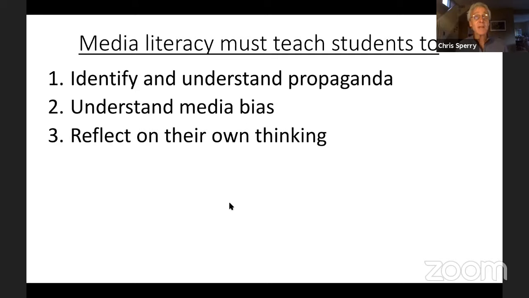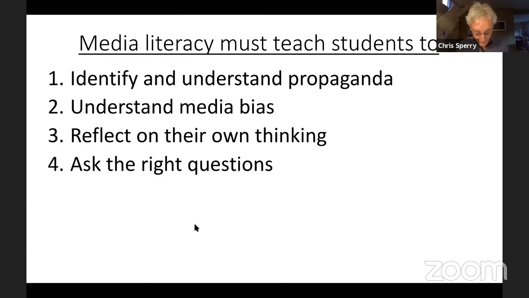But thirdly, the piece I was speaking to before, that media literacy must focus on the fourth key concept of media analysis, which is that we interpret media through our own lenses, through our own identities, through our own experiences. We have myriad examples of that. So we can't just focus on the media message. We need to focus on the reception of that message, the interpretations, the understanding of that message, and help students to be metacognitive, to reflect on their own thinking.